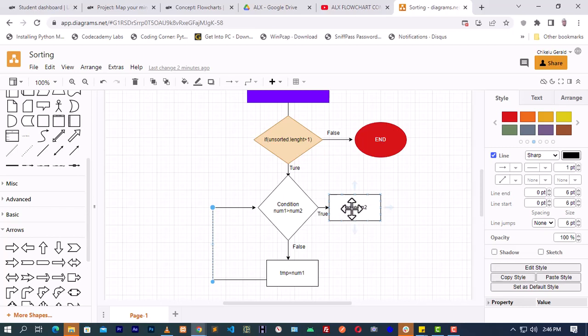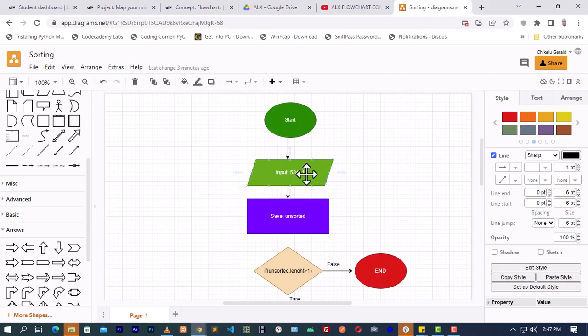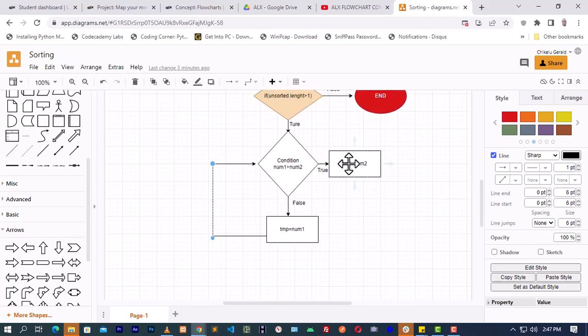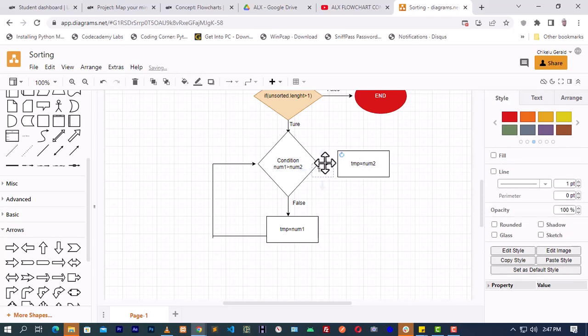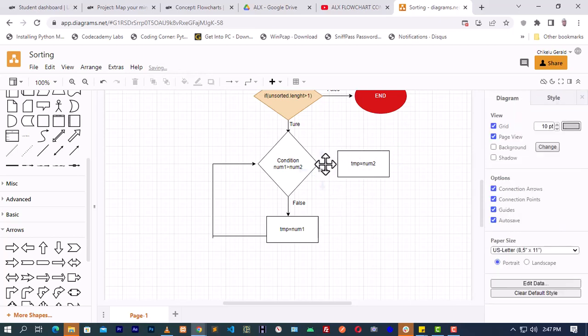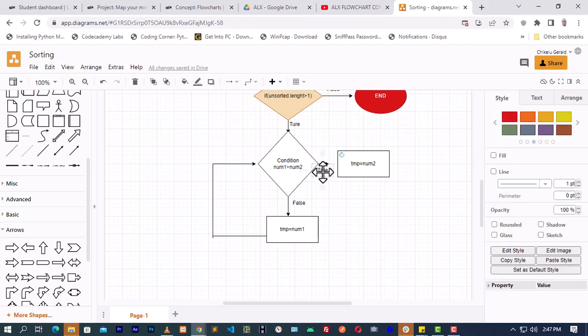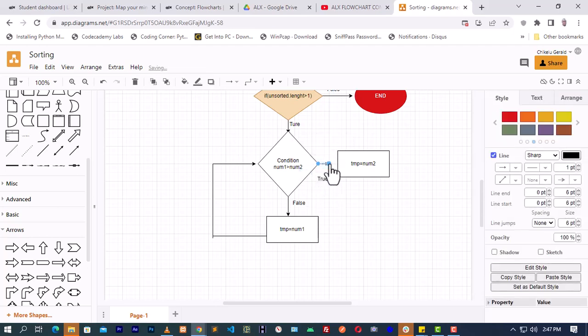Now this is going to go on and on until we have 1 at the front, 2 second, 3 third on the line, 4, until we get a sorted number. So now to show you that this will be looping until this condition is met,